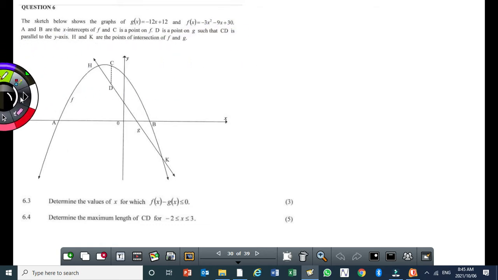The next question: determine the values of x for which f of x minus g of x is less than or equal to 0. Now this is a higher order problem, but it's not like it's very difficult. If you've got the right attitude, you should be able to answer this question. First thing, you need to know what this means, and you need to also know that it can be simplified to another form, which I will show you now. F of x minus g of x means